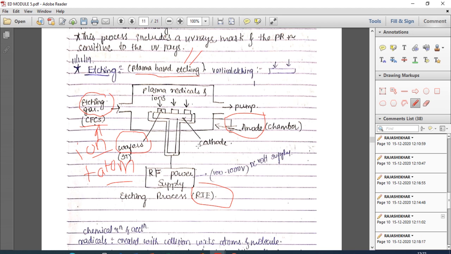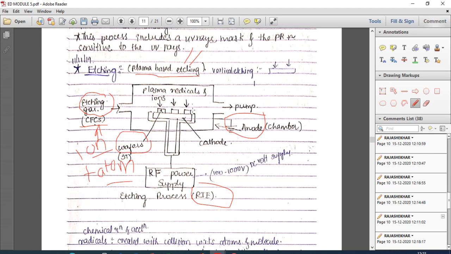Then they went through the photolithography, where a particular part is hardened on the surface of this wafer and the other part is softer. We have used 3 wafers here. You can use n number of wafers based on this chamber. Now I want to remove the particular material which is softened by the photolithography.